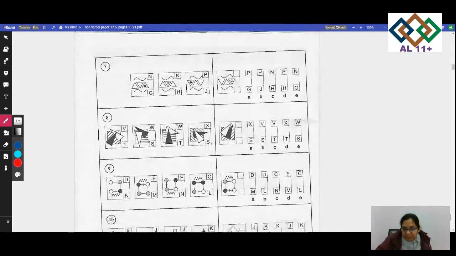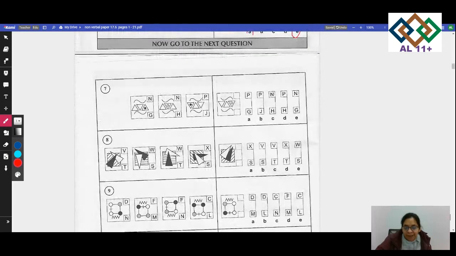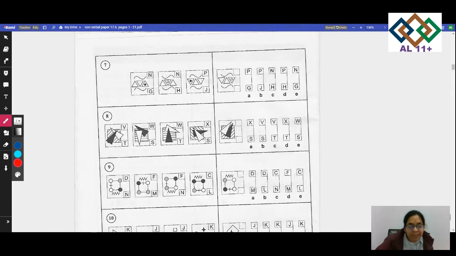So let's move on to the next one. In the next one, again, you have to think what the shape is in number 7. I'm going to look at the shape, which has something like this, lines going here and lines going there. So what do you think it could be? I think my first one would be a P because it has two triangles which are pointed down. Can you see it? This triangle and this triangle here, they're pointing down. So it's a P. So I need to cancel the ones which are not a P.